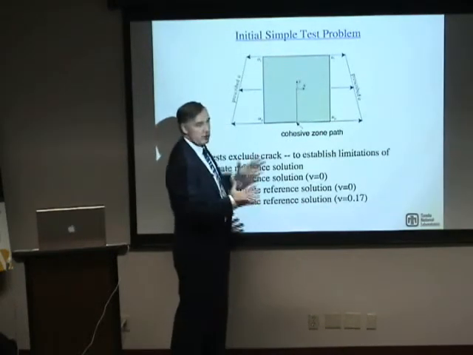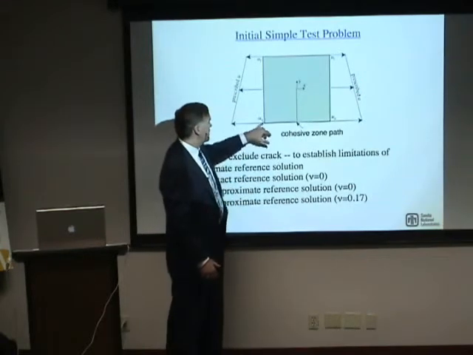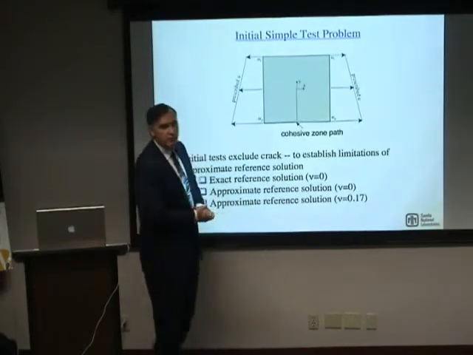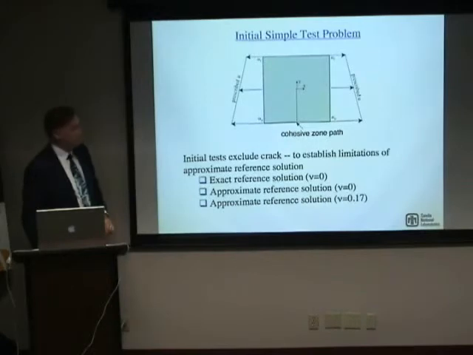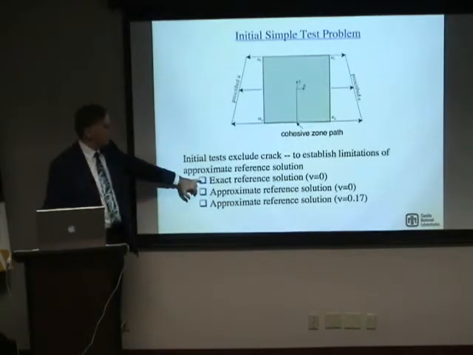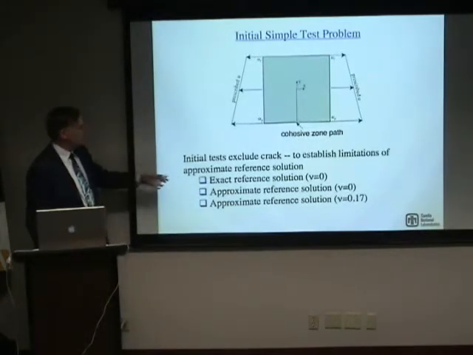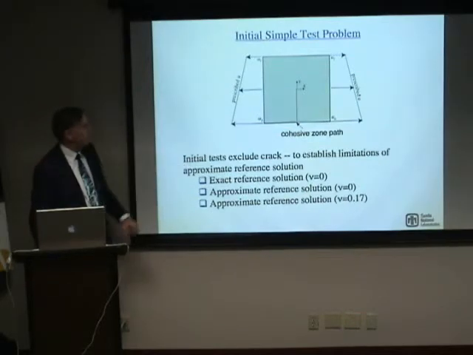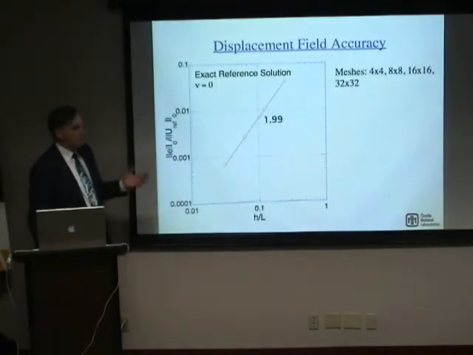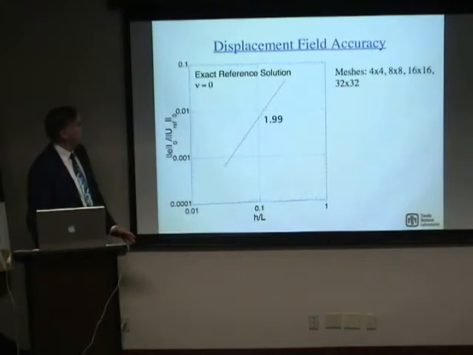They're not rollered vertically, they're actually fixed. And so Poisson's effect will give us some issues around the corners here, and so we won't have an exact solution. So we wanted to go back and first say let nu equal 0, and let's just look at, this says here exclude the crack. First we're going to just look at and make sure, first of all, that we're doing the calculations correct for